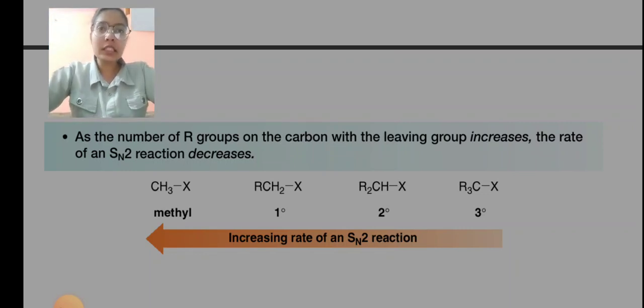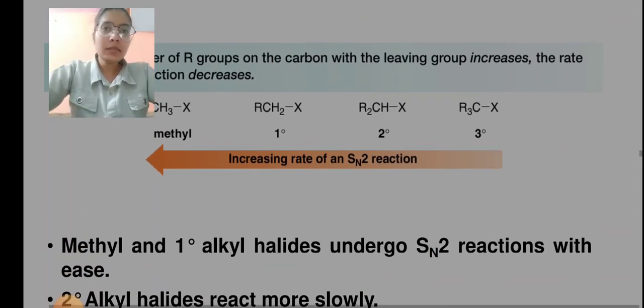As we can see, methyl, 1 degree, 2 degree, 3 degree groups increase, and we can also see the direction of increasing rate of an SN2 reaction, because